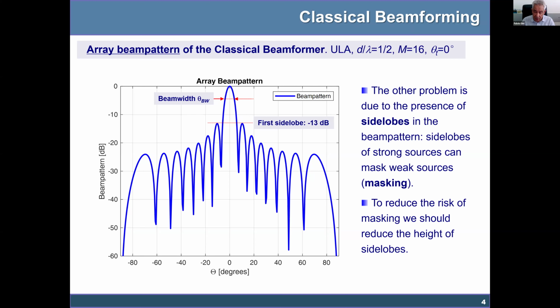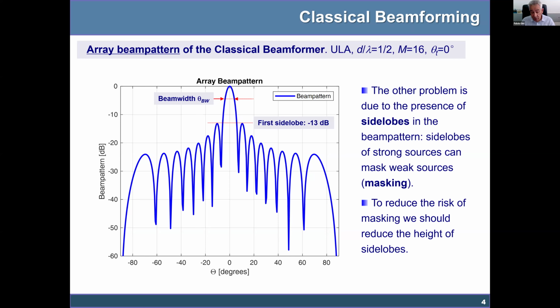You don't realize that in your data there are, let's say, 3 sources, but you can see only 2, because the third one is weak and is covered by the side lobes of the strong sources. This phenomenon is called masking. So resolution is one issue, but another very important issue is masking,